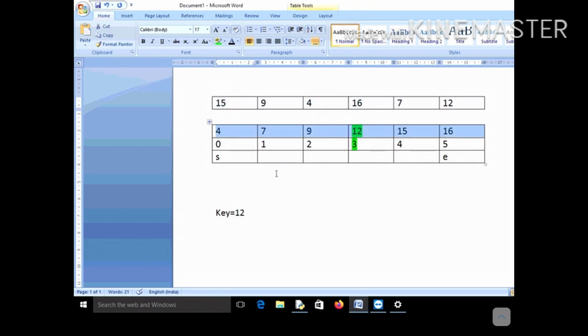Once the list is sorted, you assign variables to the starting and ending index positions. S becomes the start index position and E becomes the end index position. S stands for start, E stands for end. S is equal to 0 initially and E is equal to 5, as you can see in this diagram.